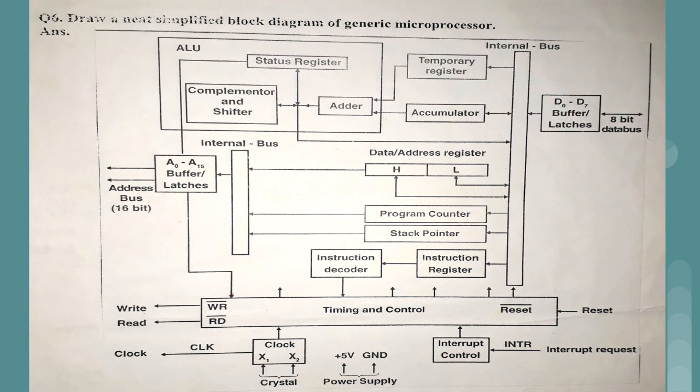So I think the upper part of the diagram is very easy to remember. If you are not remembering the other pins, that is write and read, you will definitely understand these pins when we learn the pin diagram of the microprocessor. After that lecture, if you come back to this particular diagram, you will come to know, yes, these pins are there. Now we have not seen the pins of the microprocessor, so it may be difficult for you to remember